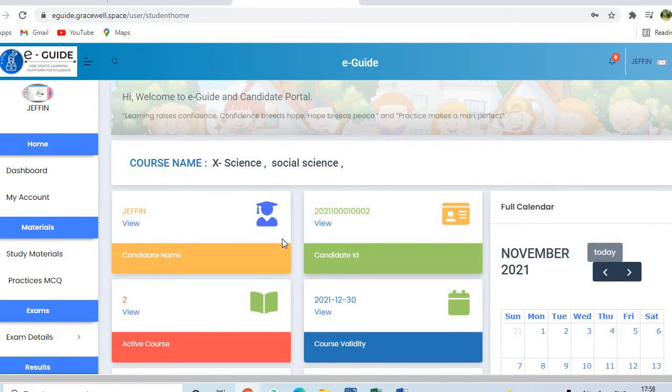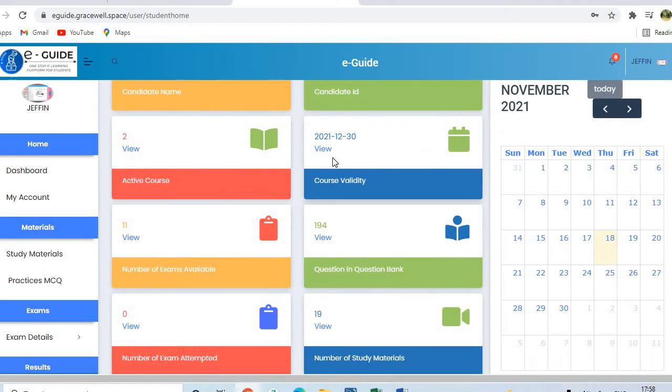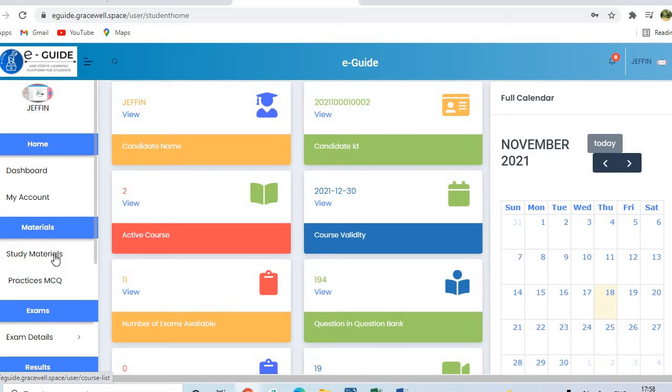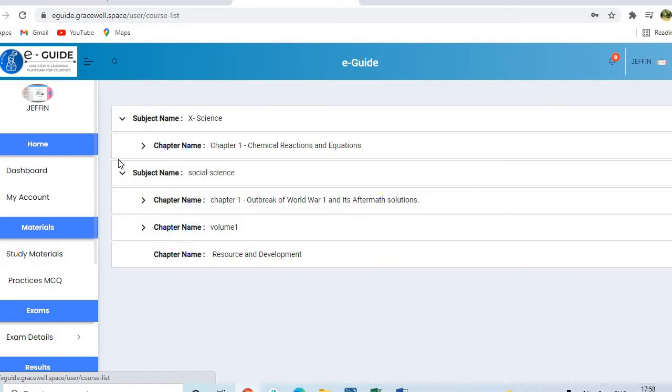As a student, I have course validity and everything given, and my teacher has assigned a total of 11 exams for me, with 1894 questions in total. All these details are available along with today's date. Imagine that as a student I want to view the study material.